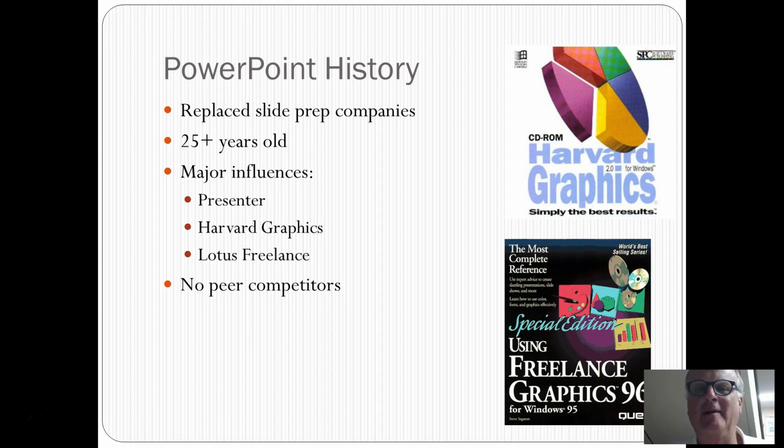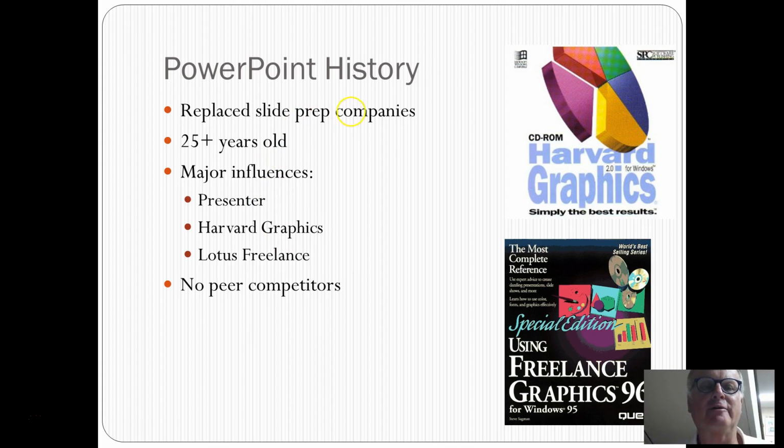So PowerPoint came along about 25 years ago or so. And there were two different programs that informed it. One was called Harvard Graphics and the other was called Freelance. Harvard Graphics did text. Lotus Freelance did graphs. I mean, it's sort of backwards when you start thinking about these things. To create a slideshow in the old days, you had to use both of these, and you printed your slides out on acetate using something called a plotter, and then you could show them. But the good thing was you could change information up until the minute that you were going to give the